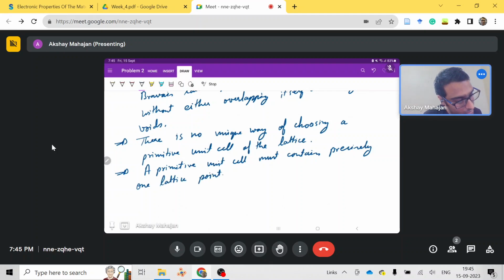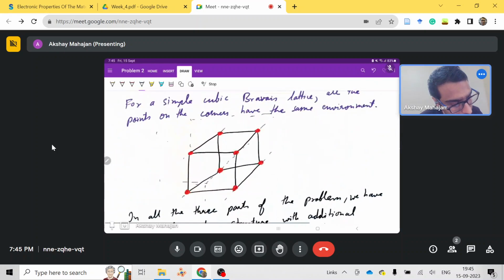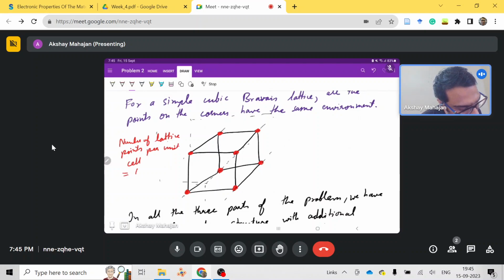Okay, so here you can see the number of lattice points per unit cell. If we check for this simple cubic, then it will be 6 divided by 6, that will be equal to 1. Okay, so each of these corner points, we just have the lattice point on the corner,